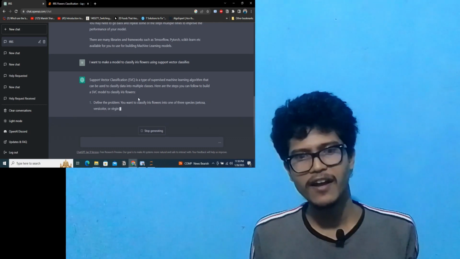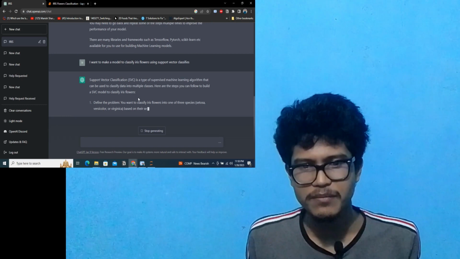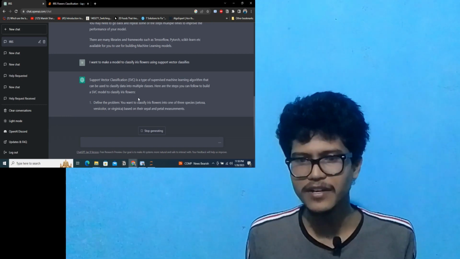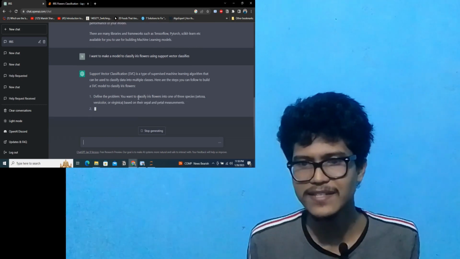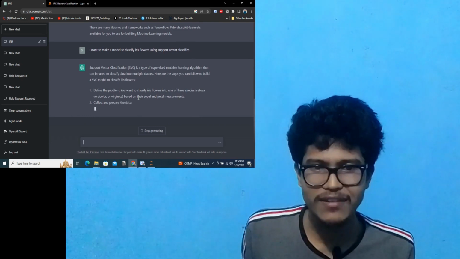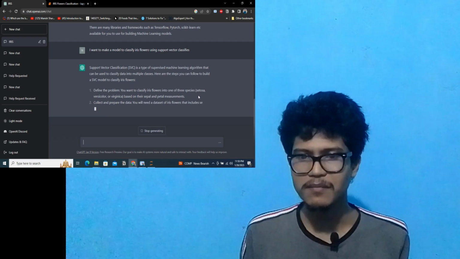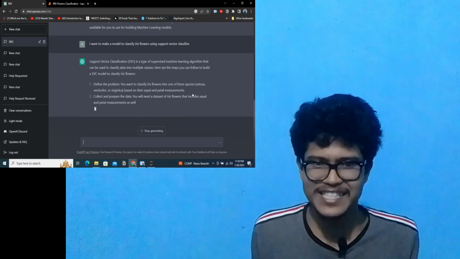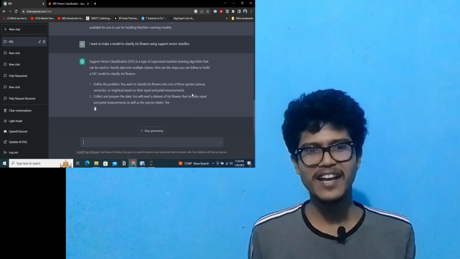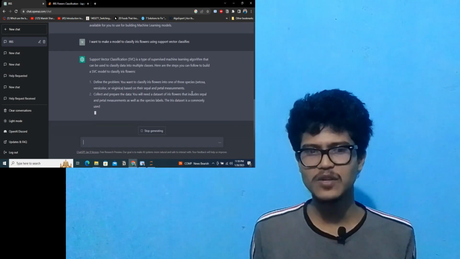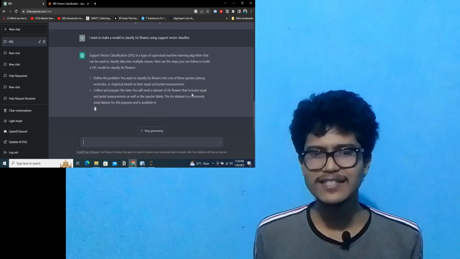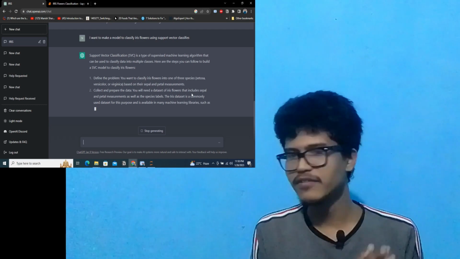That's amazing. The very first step is define the problem. You want to classify iris flowers into one of three species, which are setosa, versicolor, or virginica, based on their sepal and petal measurements. Oh, this is amazing. Okay, and collect and prepare the data. So we can collect data. This is open source. You can download it from Kaggle or other